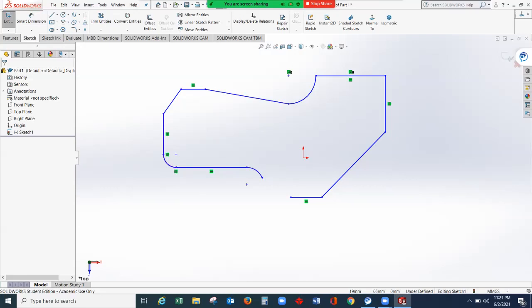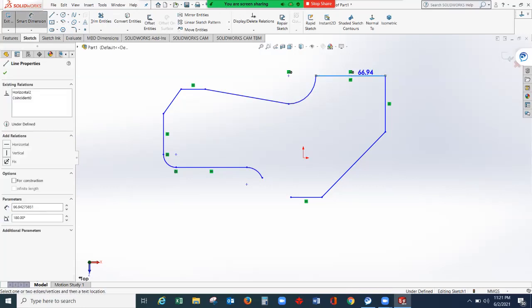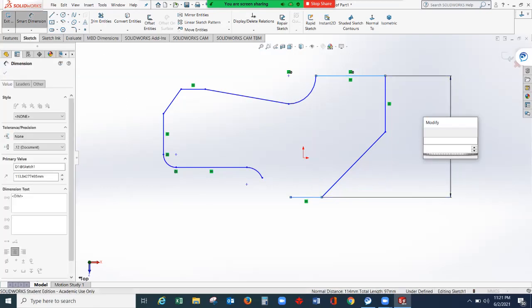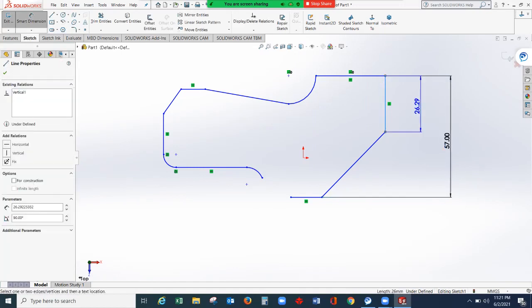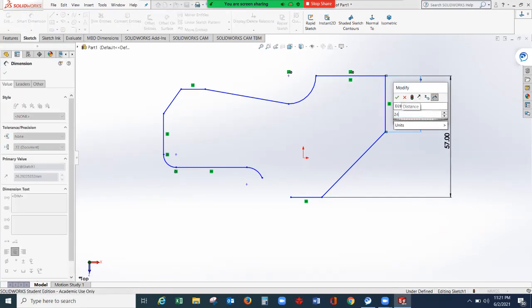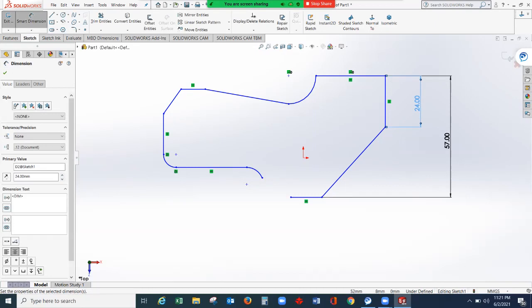From these arcs and lines, let's give some dimensions, so smart dimension. The distance from this line up to here is, let's say, 57. This vertical line, let's give it 24 millimeters.